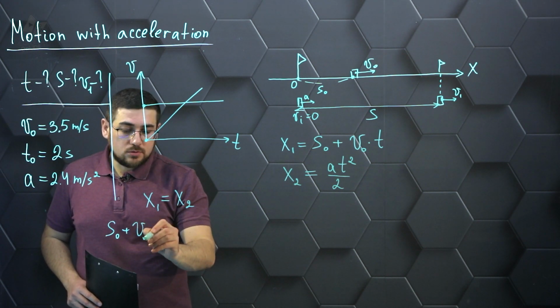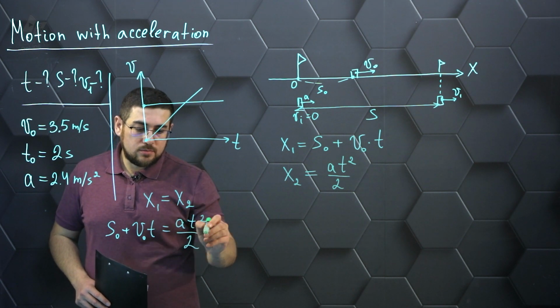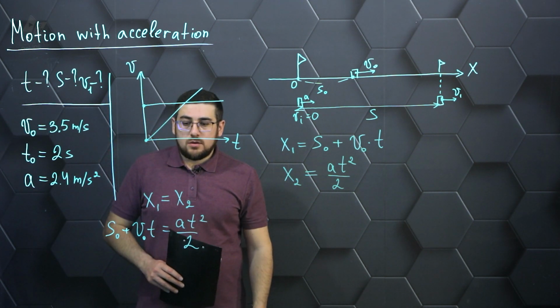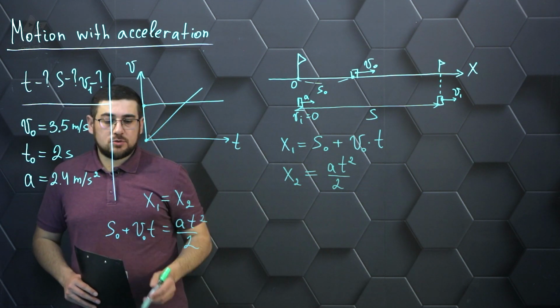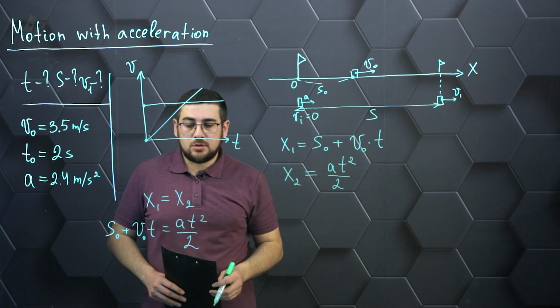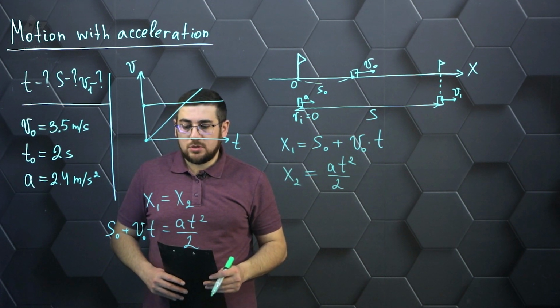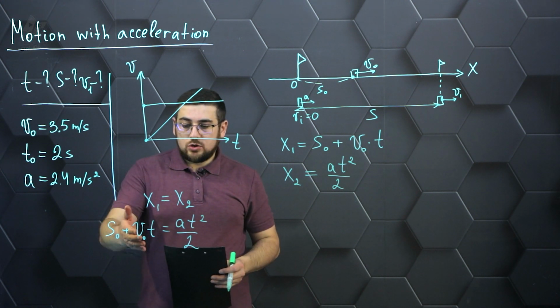S0 plus v0t equals at squared in half. Let's now consider the information we still need to find. We have already established the duration of the second cyclist's movement, which is the time we must determine until they meet. We are aware of the acceleration rate but remain uncertain about the initial distance, which we will refer to